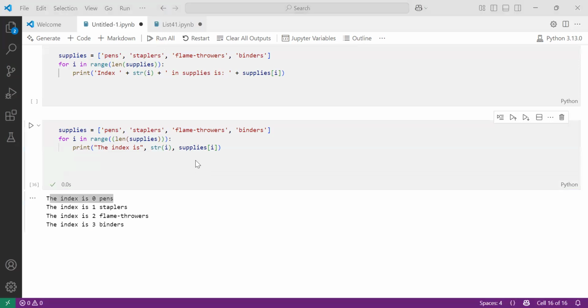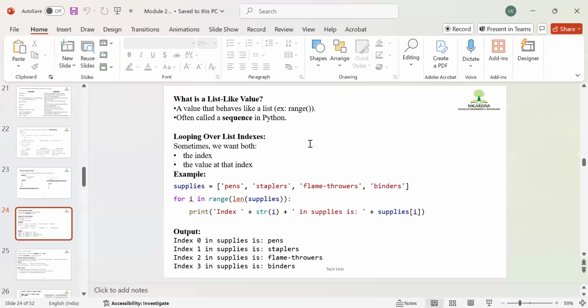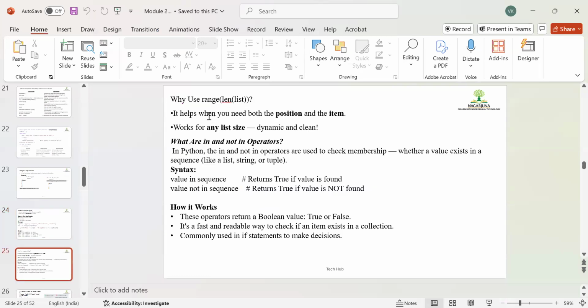So let me again share the PPT so that I can move on to the next topic. I hope till here it is clear, and just rewind the video, you will come to know what exactly it means, and go through the theory part also. And your practice effort is required. Now observe here,